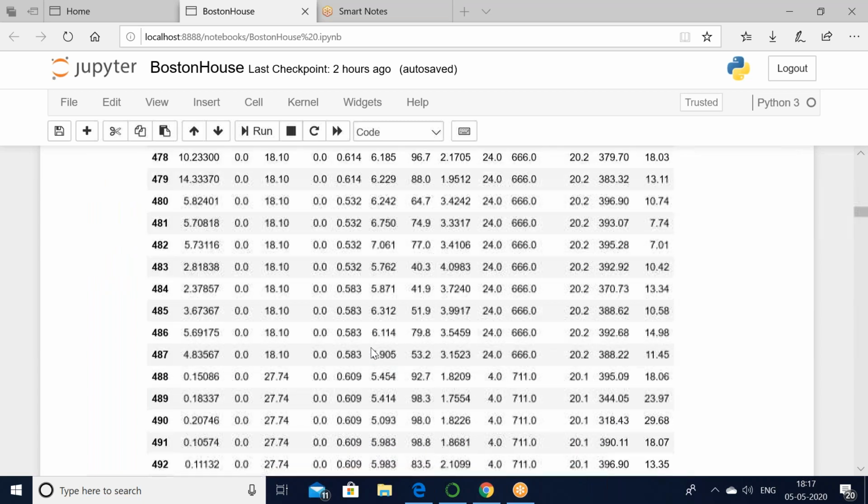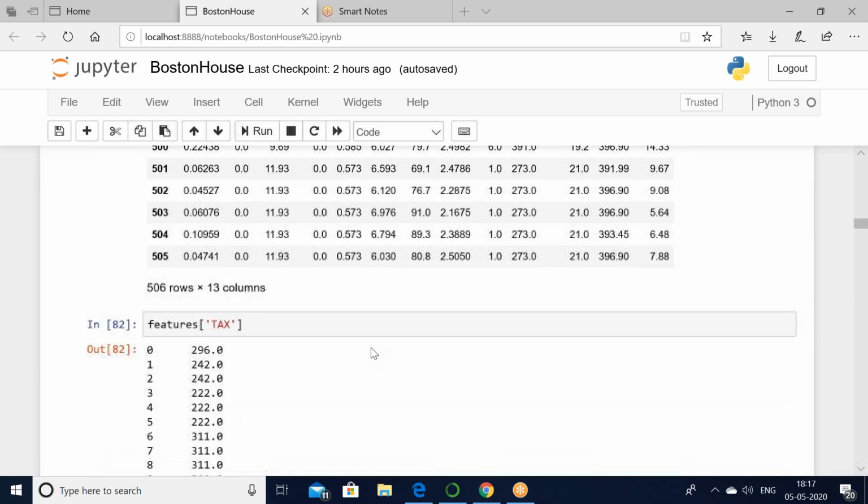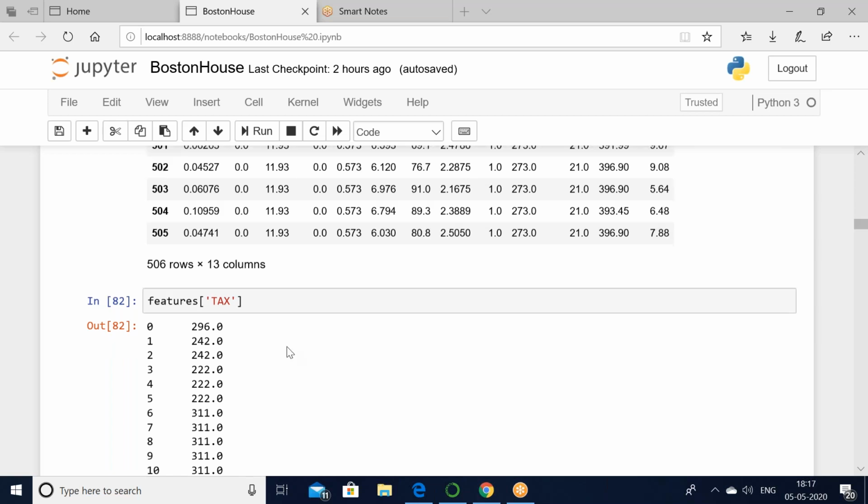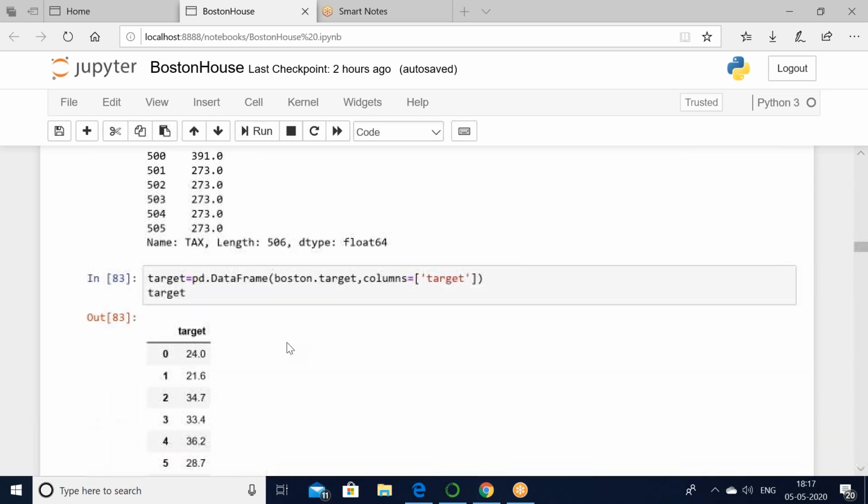All those variables are stored as features. To display the features, I give the command like this, features head. Next, I want to predict the target field as the price field.